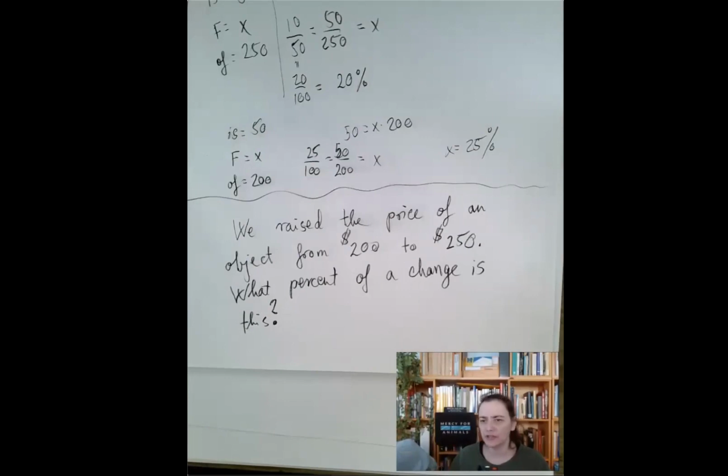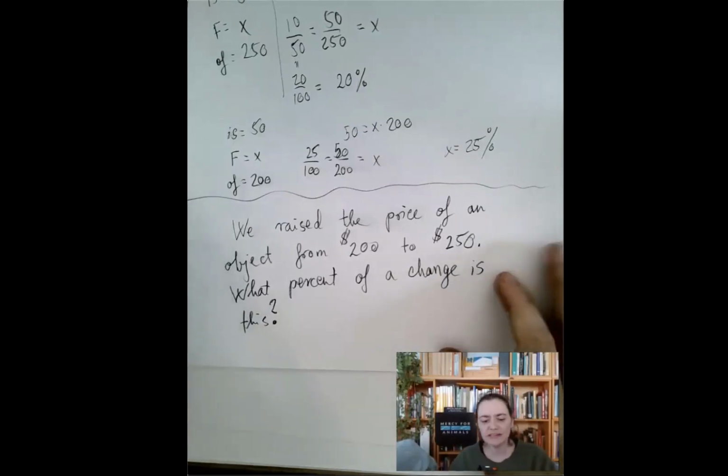So here is the convention. Whenever you have a change, and you want to say what percent of it, we always compare it. The of number is always the original one. So not the smaller, not the larger, the chronologically earlier one. So in this case,